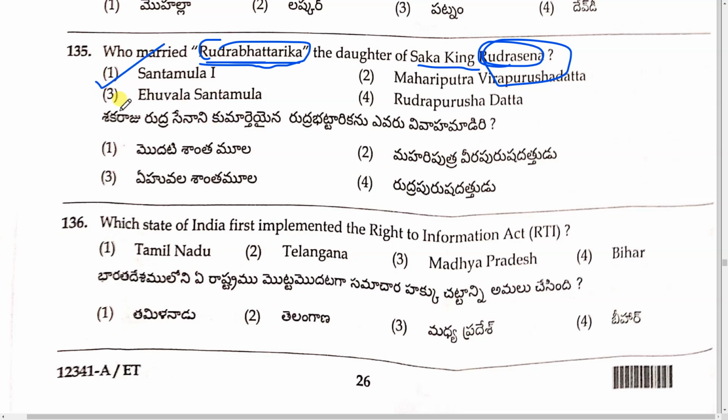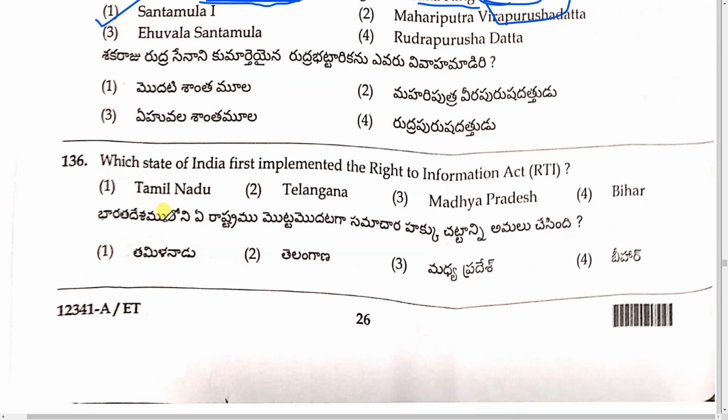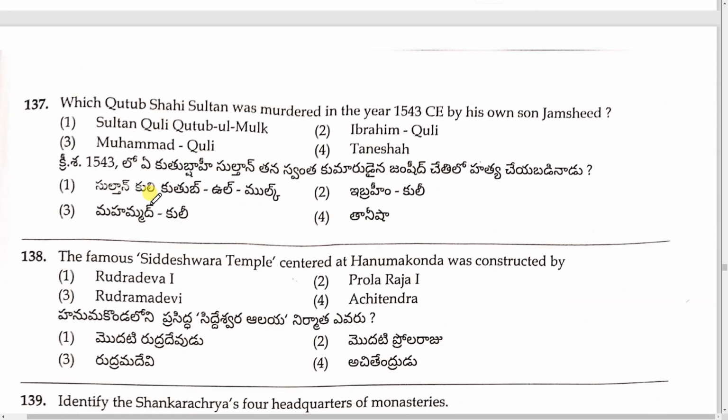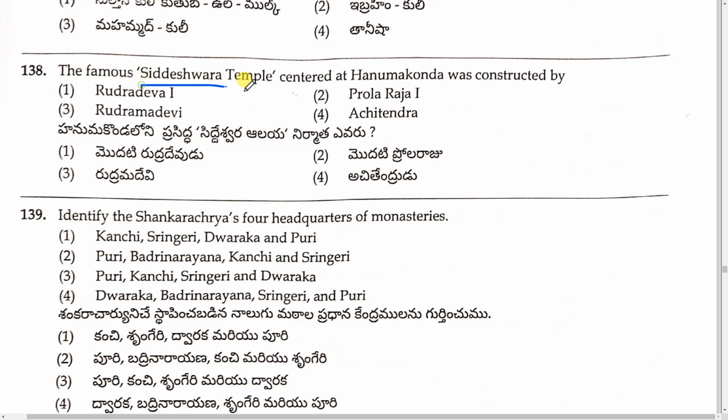The answer is Shantamula. Which state of India first implemented the Right to Information Act, RTI Act 2005? Which state implemented it first? The correct answer is Tamil Nadu. Which Qutub Shahi Sultan was murdered in the year 1543 CE by his own son Jamshid? The correct answer is Sultan Quli Qutub ul-Mulk. The famous Siddheshwara temple at Hanumakonda was constructed by